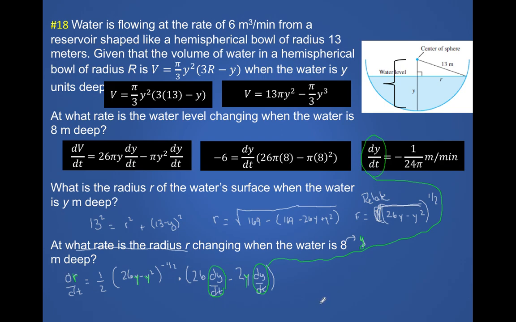We found dy/dt. So dr/dt is equal to 1/2 times 26 times negative 1 over 24 pi, minus 2 times 8 times negative 1 over 24 pi, all over